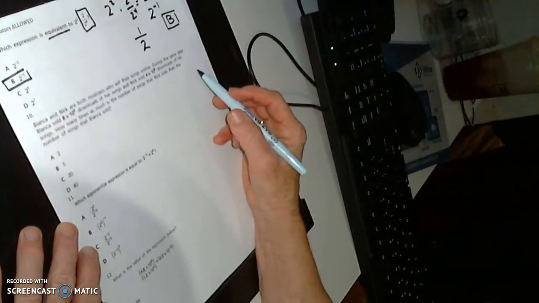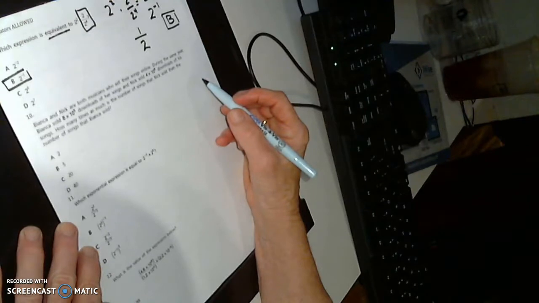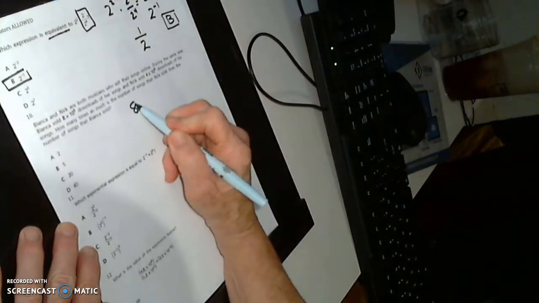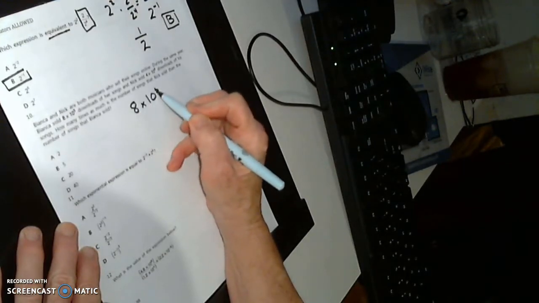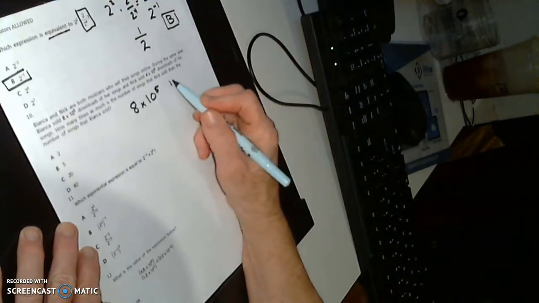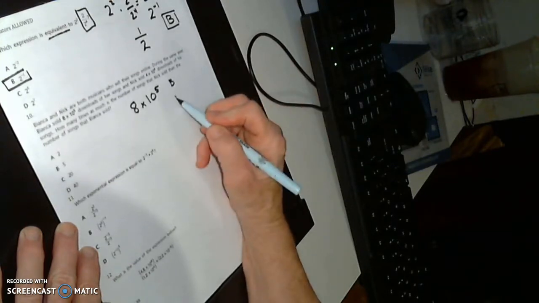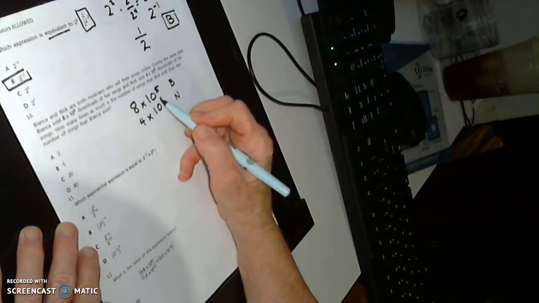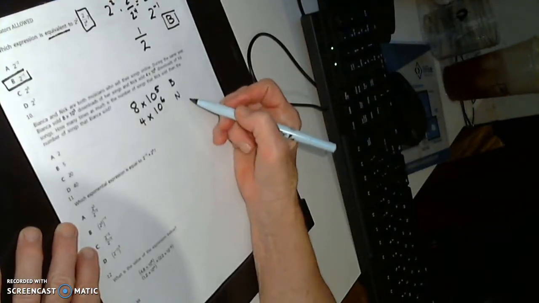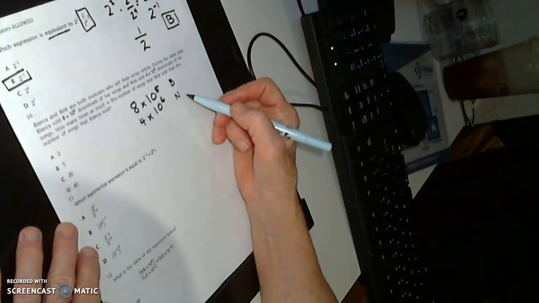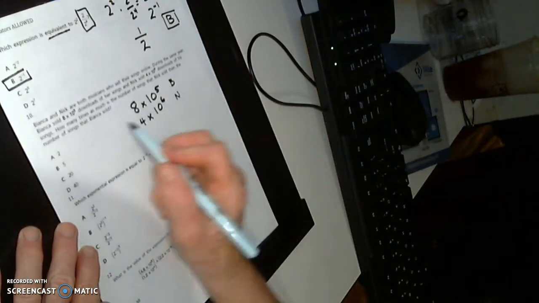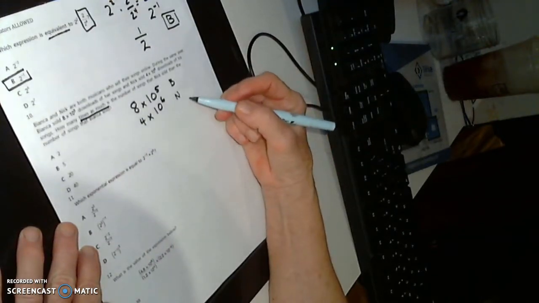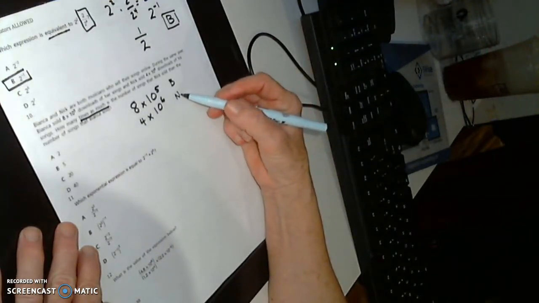Bianca and Nick are both musicians, and they sell their songs online. During the same year, Bianca sold 8 times 10 to the 5th downloads, and Nick sold 4 times 10 to the 6th downloads. So Nick is doing a little better than Bianca is. How many times as much, and this is critical, how many times as much is the number of songs that Nick sold than the number of